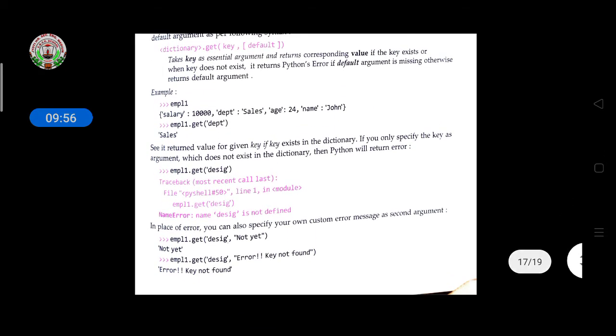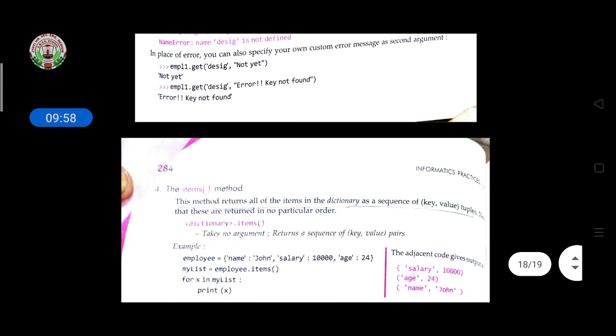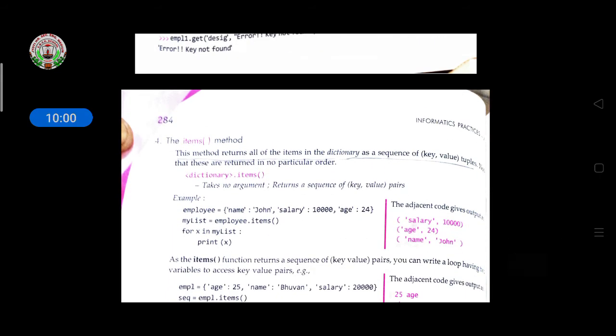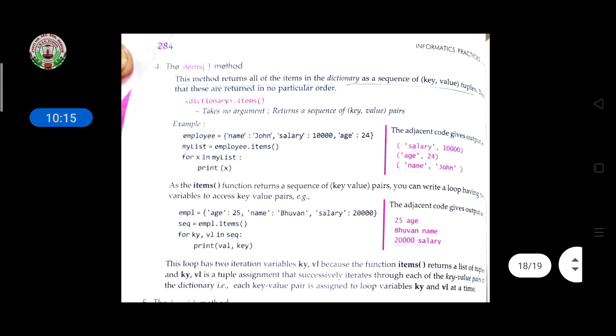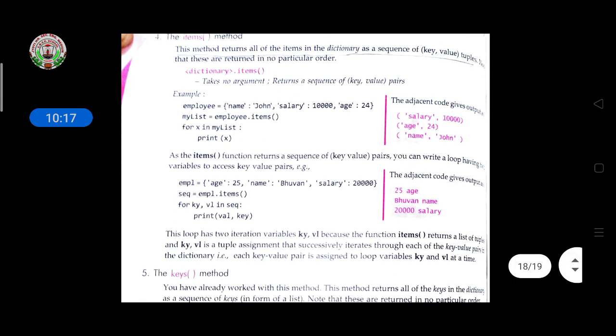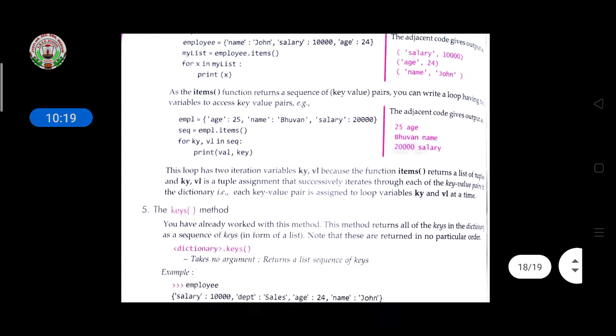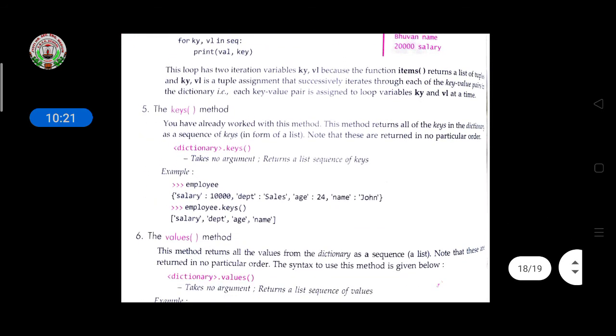Then come to the items function. This method returns all the items of the dictionary as a sequence of key and value tuples. Note that these are written in no particular order. It will return the keys and the values with the help of items. Then the keys method.